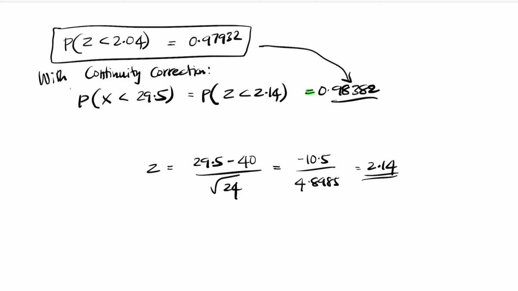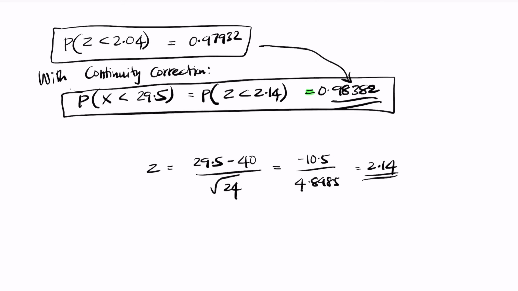This change is what we are looking for when we are using continuity correction, because the value that you get should be nearly equal to the value for the binomial distribution. I'm not going to do the actual binomial distribution for this problem, but the value is actually close to this answer. That's the reason we use the continuity correction, to make sure that we get the proper answer. So this is normal approximation.